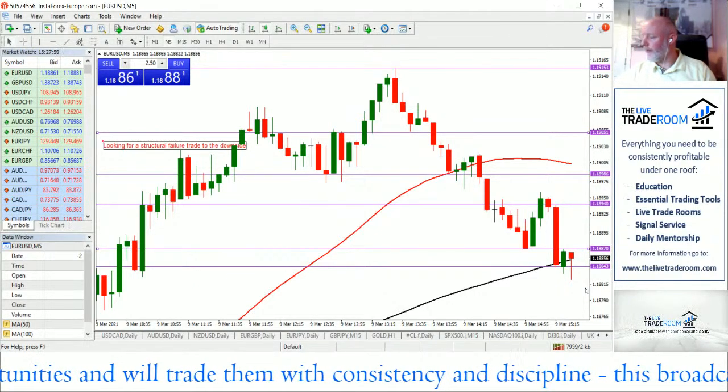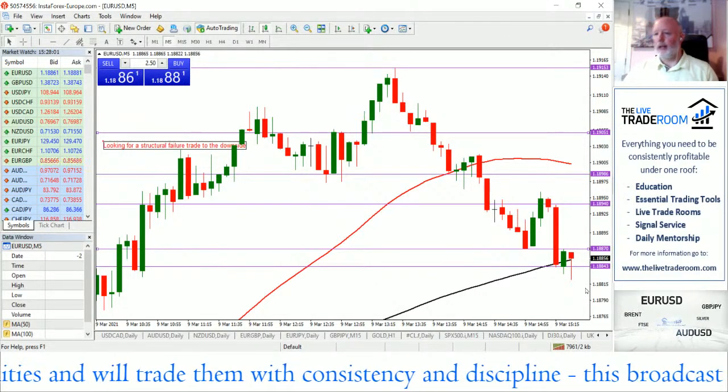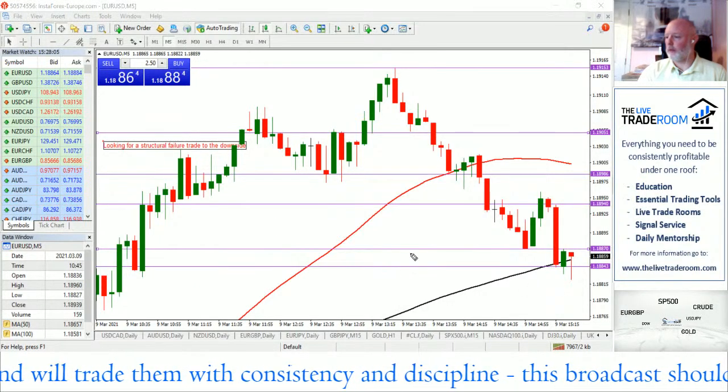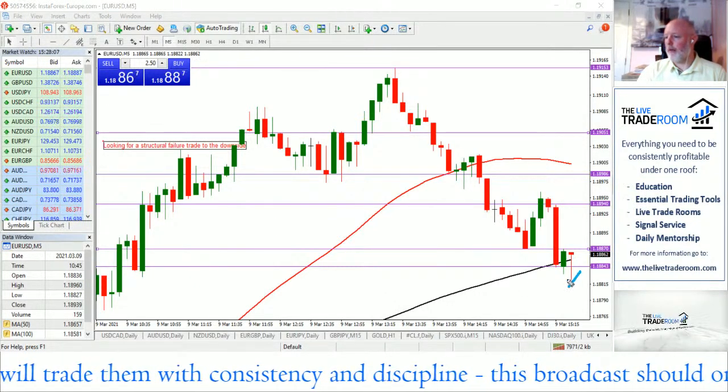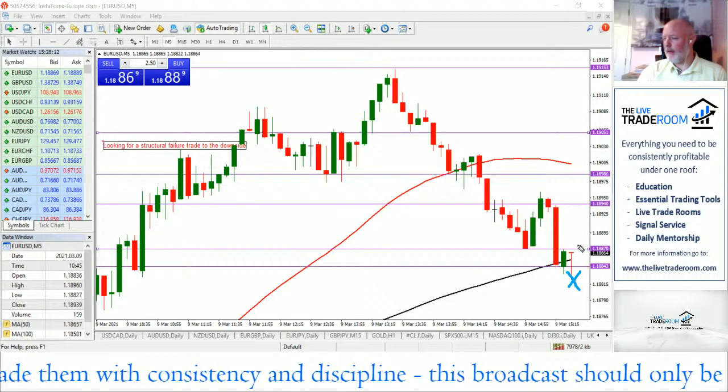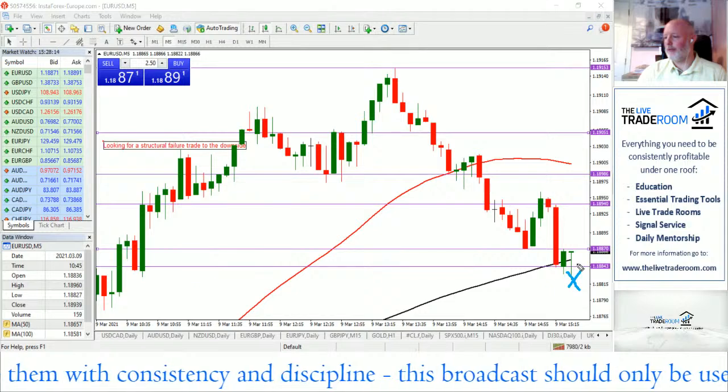Just holding off just a fraction, isn't it? So now, unfortunately, on the 5-minute time frame, this is now a rejection of the downside. And if it reverses back above the 1887,